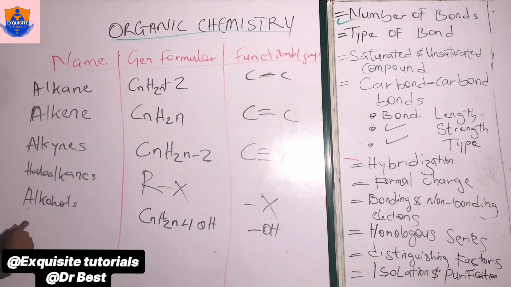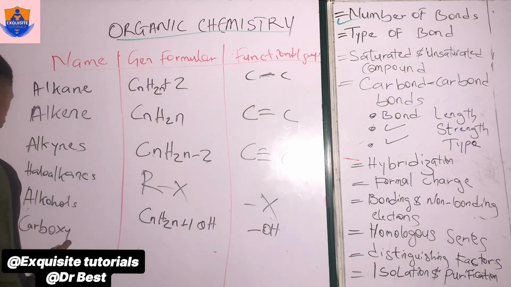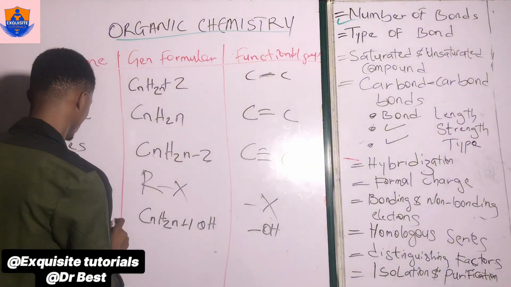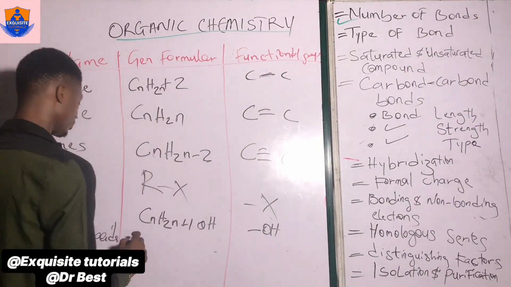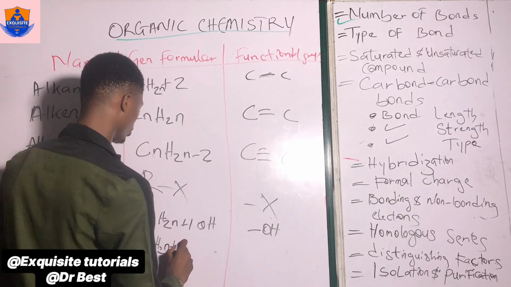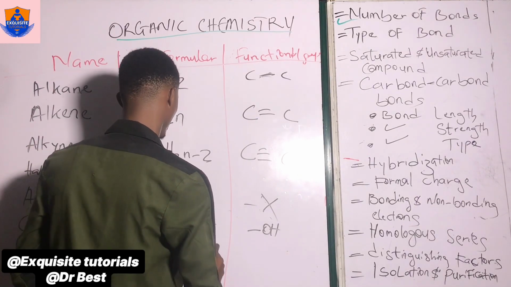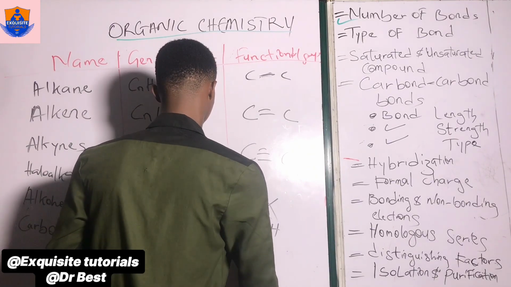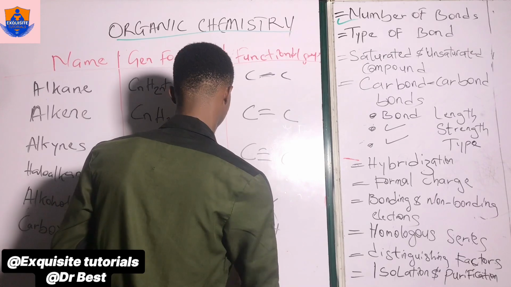We have carboxylic acids. Carboxylic acids are CnH2n+1COOH. And the functional group is